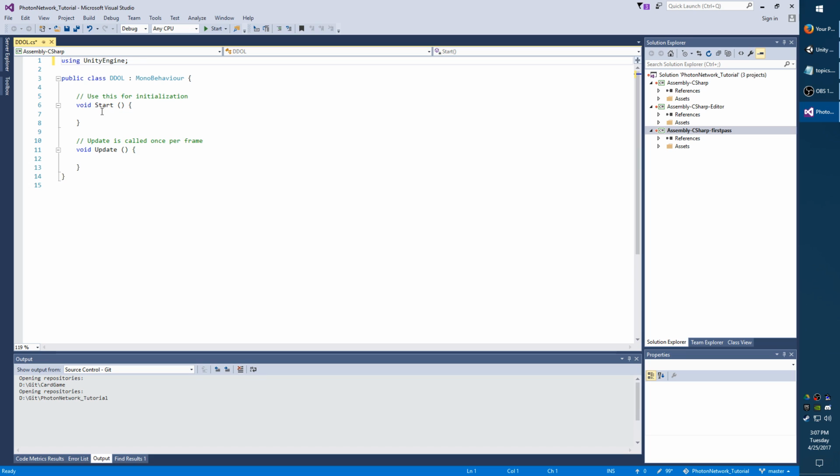I'm going to change start to awake. I'm going to put private in front of it. Going to remove the update. And all I'm going to put in here is don't destroy on load this. So whatever I attach this script to, the object will not be destroyed between scenes. I'm going to go back to Unity,